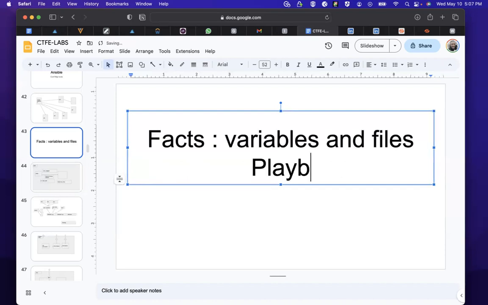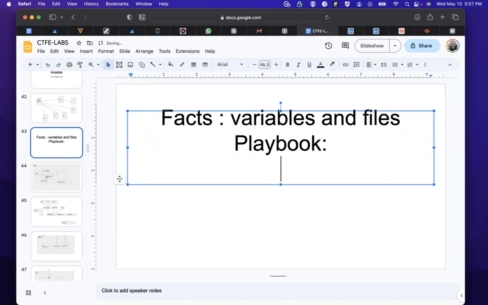A playbook is the instruction that Ansible is going to follow to install the application. So you design your playbook, then you run your script. And if you do this, what will happen? The Ansible playbook will automatically install and carry out that instruction.